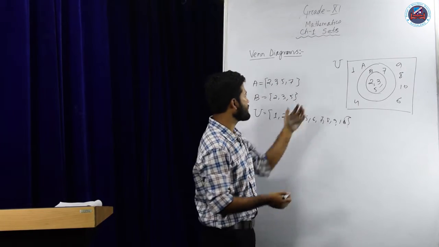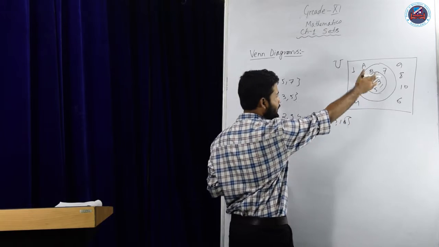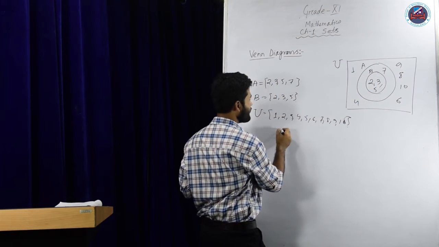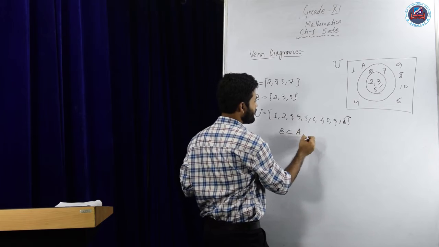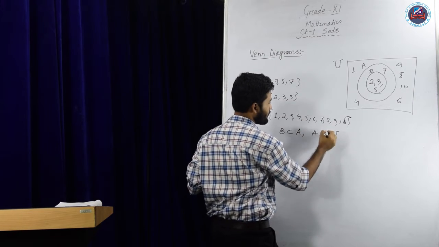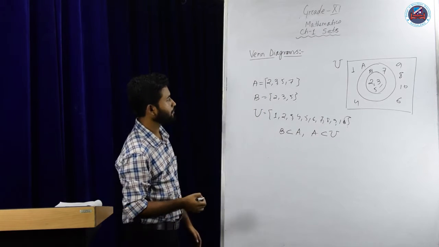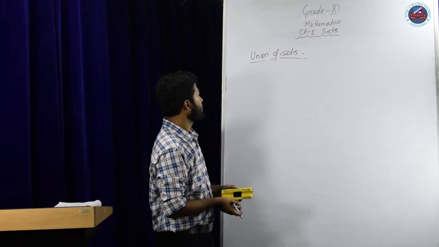So looking at the Venn diagram, we can easily say that B is a subset of A and A is a subset of U. So this is all about Venn diagrams. So next we have